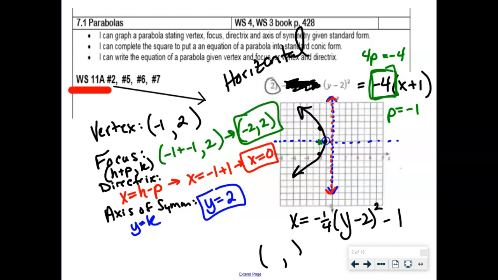That's the only number of points we need to have problems. A vertex and a couple of symmetrical points off to the sides of the vertex would be perfect. Now, if you don't like that or if you forget it, then you're going to have to resort to this method. And remember, you're plugging in numbers for y, which means you got to come out with